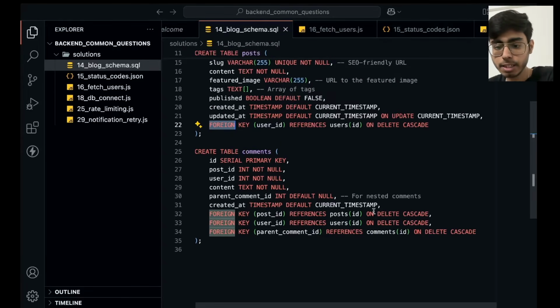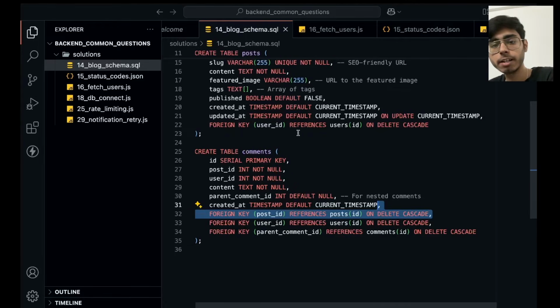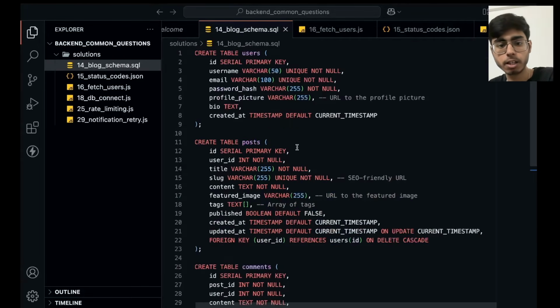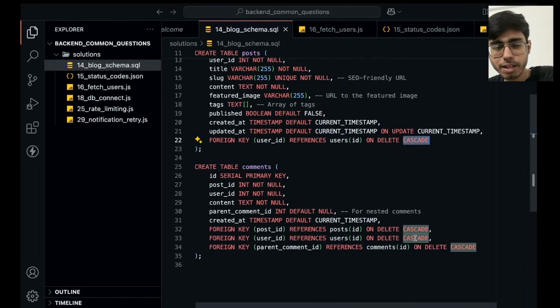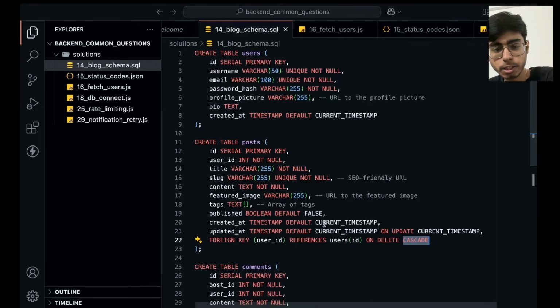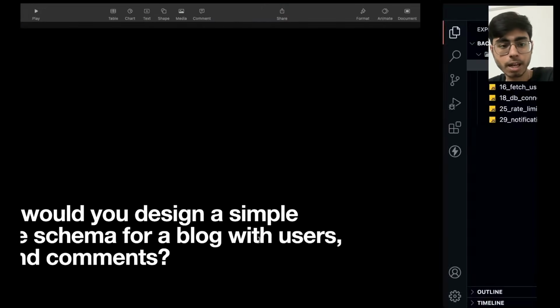Now over here you can see delete cascade. What is the meaning of this? This actually means that if my blog is deleted, if my post is deleted, then also delete all of its children entities. So all the comments for that blog will also be deleted. Over here also you can see this delete cascade is there. So if my user is deleted, then also delete all of its blogs and posts. This is the meaning of cascade. Otherwise, these are three very simple SQL queries that I've written to create three tables with all of these columns. So yeah, that's it.